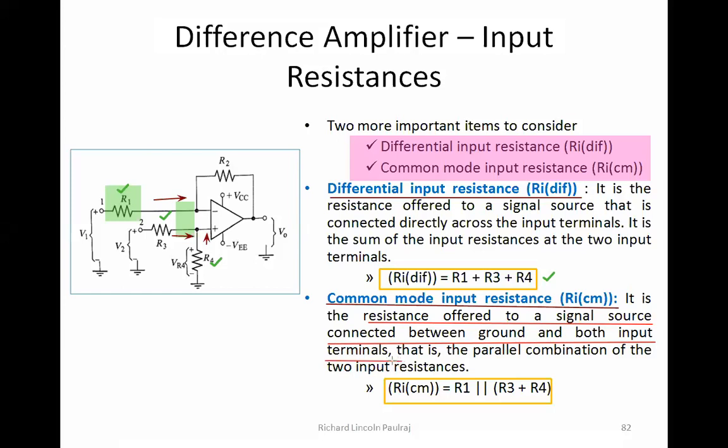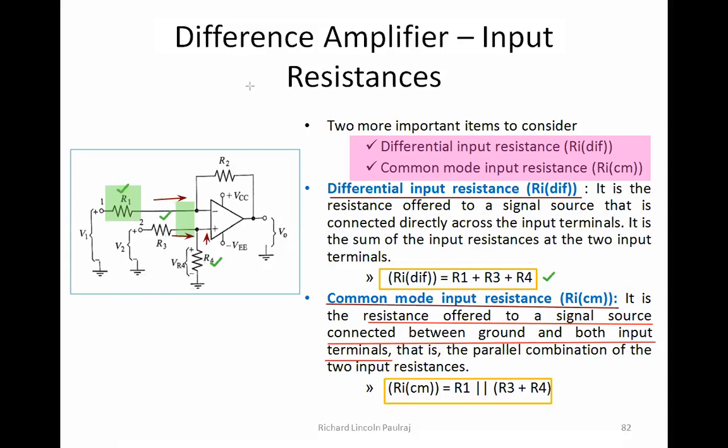So what are those resistances? Again, we have the same thing, R1, R3, and R4. But right now, since we are connecting them to ground, they are going to become a parallel combination, as you all have studied. So R1, just assume that the voltage is given here across ground, and then I have my R3 and R4. Now this R3 and R4 can be added, and this becomes parallel with the addition of R3 and R4. So R1 in parallel with R3 and R4.